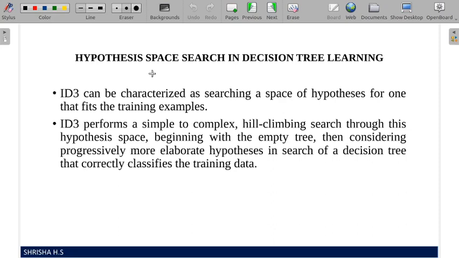And the decision tree we have constructed using the ID3 algorithm is one of the decision trees present in the hypothesis space. So one decision tree represents one hypothesis, and it predicts our data set given the instance. Now there can be many decision trees. Here we have taken information gain and selected the attribute with maximum information gain.